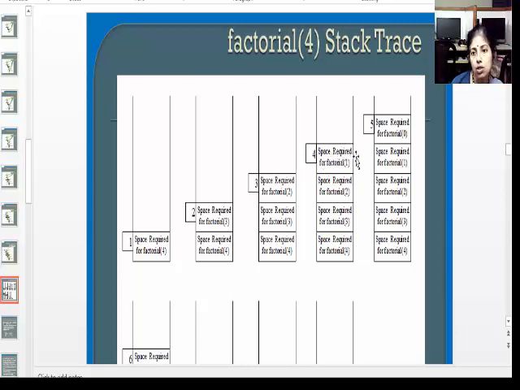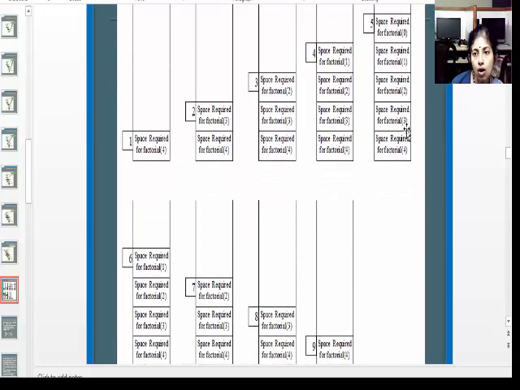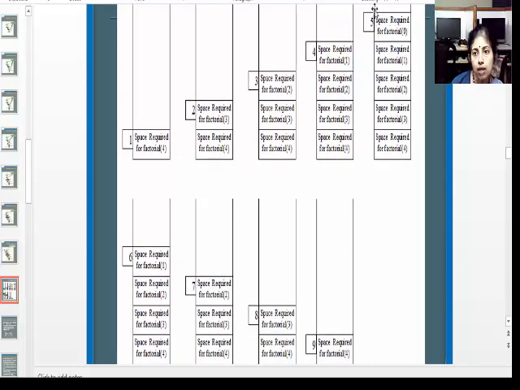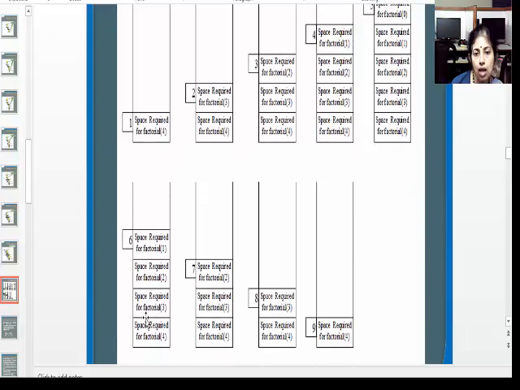And then factorial 0 will return a value, so whatever values you stored here, the return address will be popped out, and safely it returns to that return address by returning the value 1. And the order will be last in first out, right? So the available parent address is on the top of the stack, and you can easily pop it out and make use of it. So this is the advantage of stack, the last in first out structure. And again it returns to function factorial 1, and so it will be popped out because it has to return a value to factorial 2, so it gets the return address and returns a value to factorial 2.